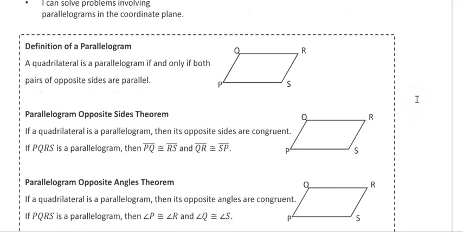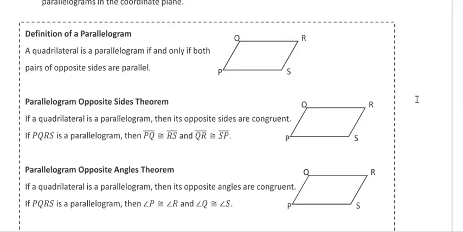All right, we're going to learn about parallelograms today. So first of all, the definition of a parallelogram is that a quadrilateral, a four-sided figure, is a parallelogram if and only if both pairs of opposite sides are parallel. So how we can show parallel is with these arrows. So I'm going to show that side PQ is parallel to side SR, and that side QR is parallel to